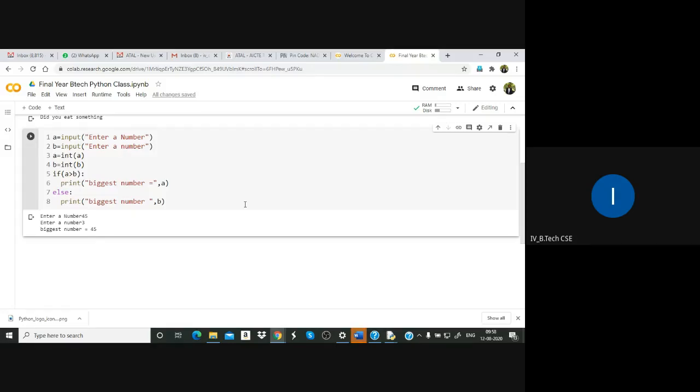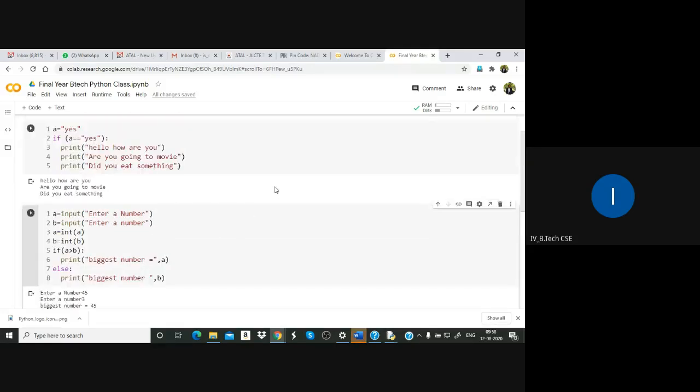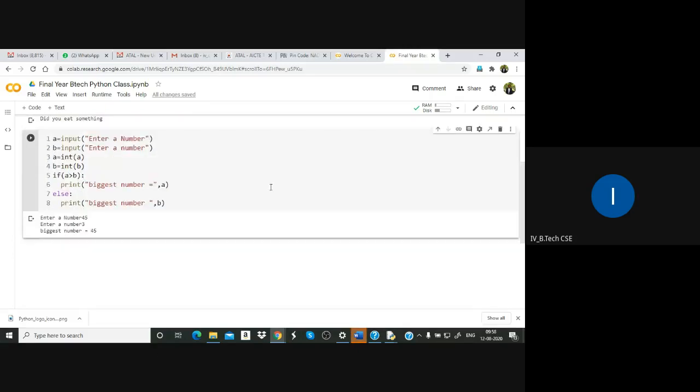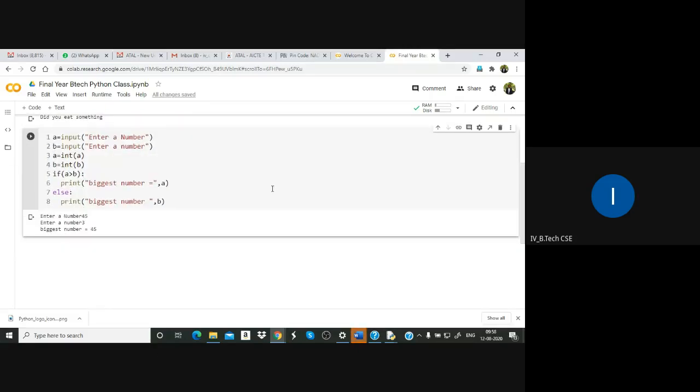So like that it will be. Okay, like that it will be. It is the simple program to understand biggest of two numbers, and you will understand input statement, how you are